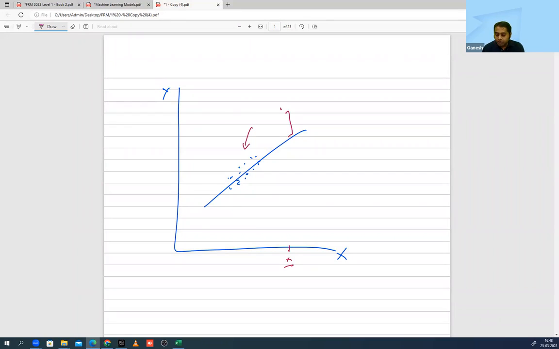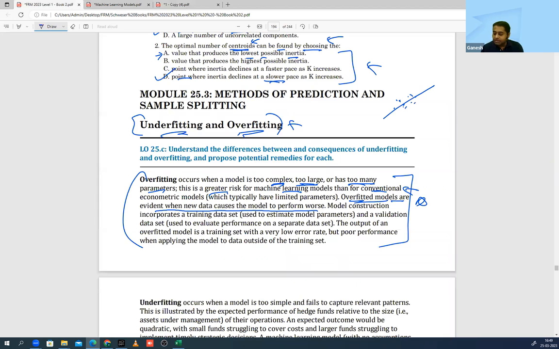So when you did a new forecasting, you took the new value of X. Suppose this is my temperature and this is my sales of ice cream. If I take a new value of temperature and try to predict what my sale is going to be, the value is very far away from my Y hat, which is nothing but my predicted part. Y hat was the predicted part, right? So that is telling you that the model will perform badly when you use it for forecasting.